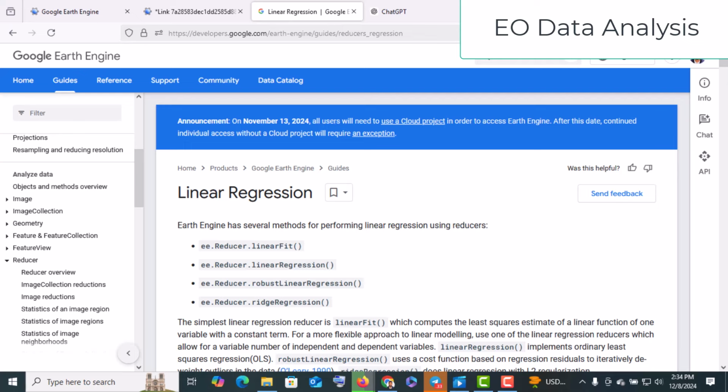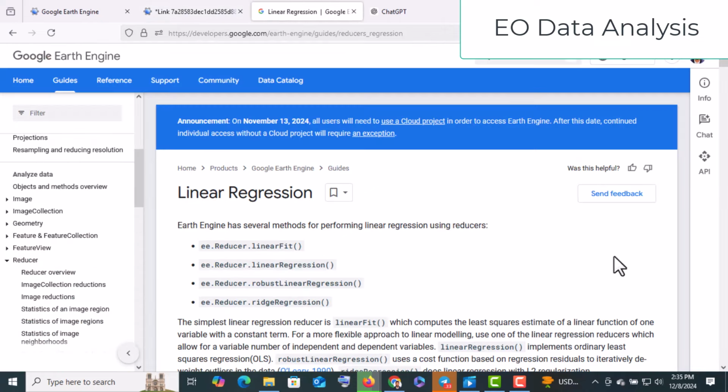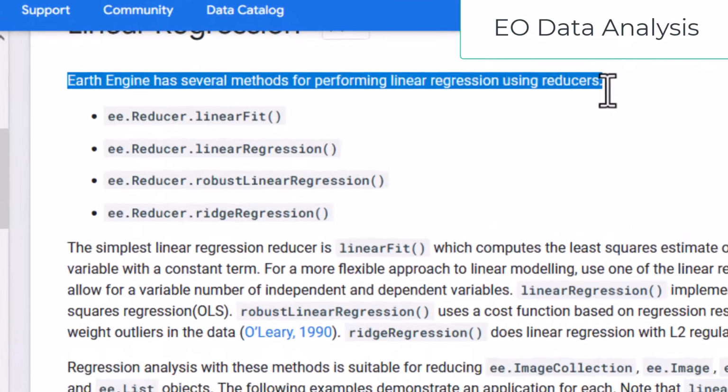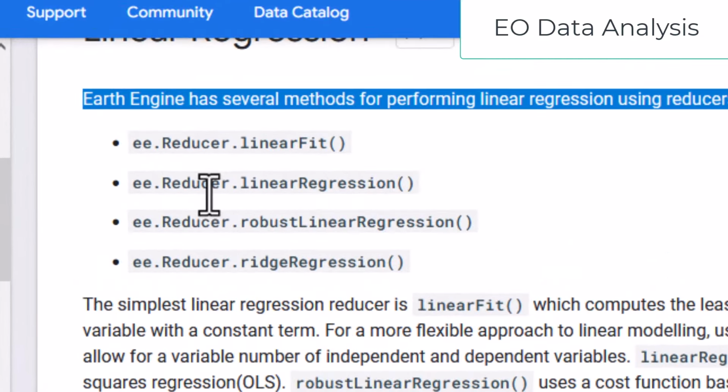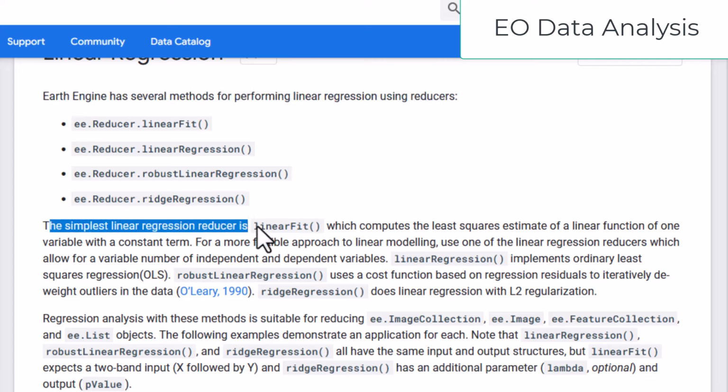Hello everybody and welcome. Today I'm going to show you how to implement regression analysis with Google Earth Engine, and we will start with the simplest method available in Google Earth Engine, which is Linear Fit. Earth Engine has several methods for performing linear regression using the reducers which are listed here, namely Linear Fit, Linear Regression, Robust Linear Regression, and Ridge Regression. We will start with the simplest method, which is linear fit, and it computes a least squares